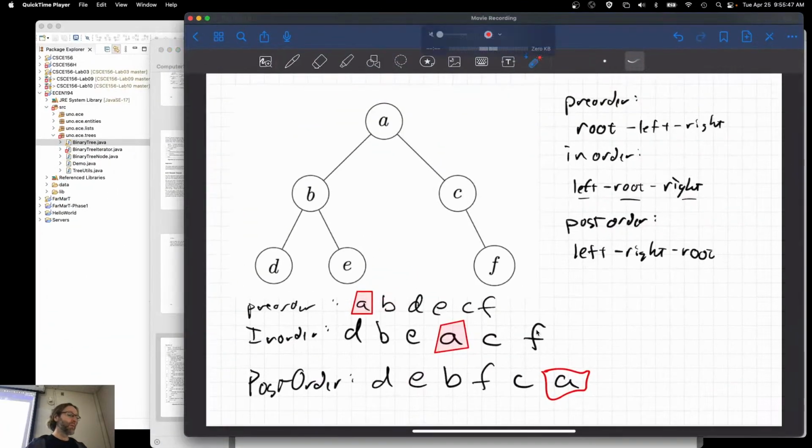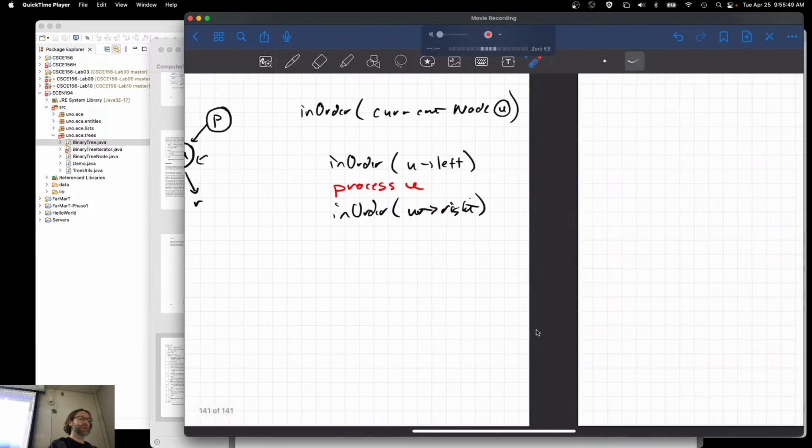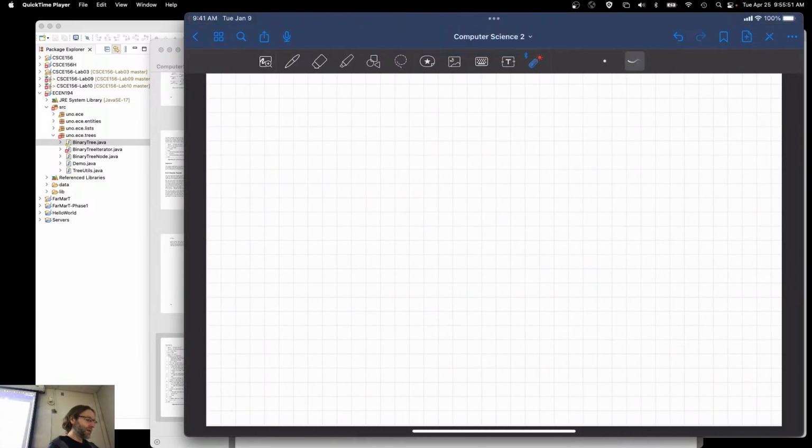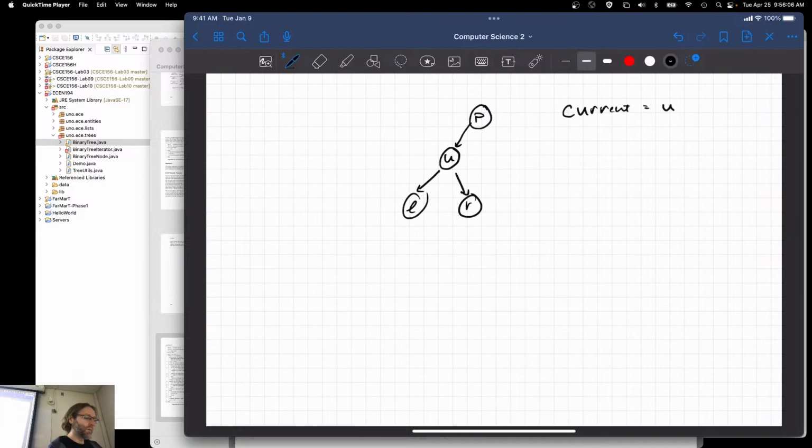Or you can break it down and not have to use a stack at all. Think of it like this. I'm at the current node here. Here's my parent, here's my left child, and here's my right child. I just simply need to keep track of the current, which is you, and where I've been. So let me move this down. And if I kept track of a previous,